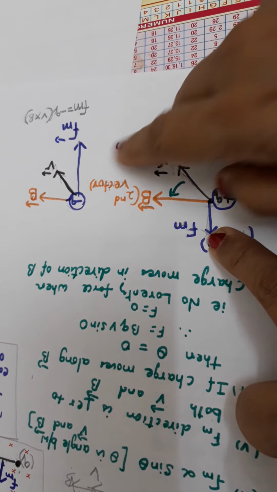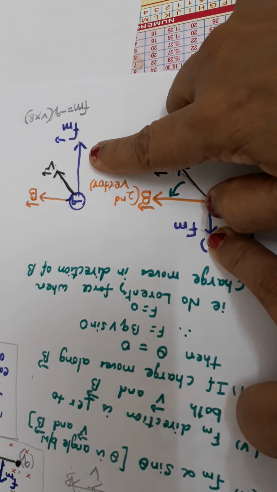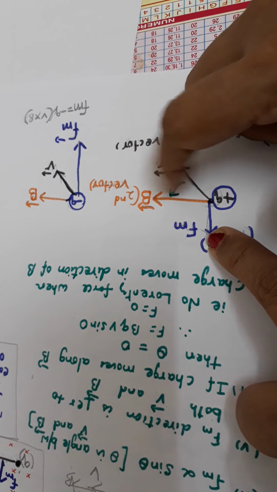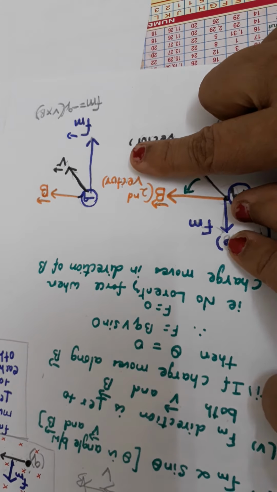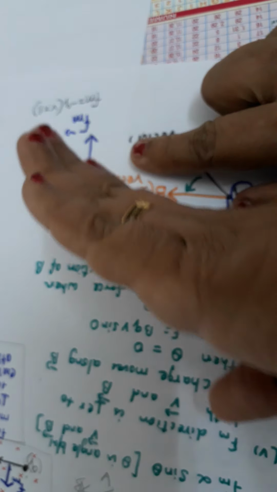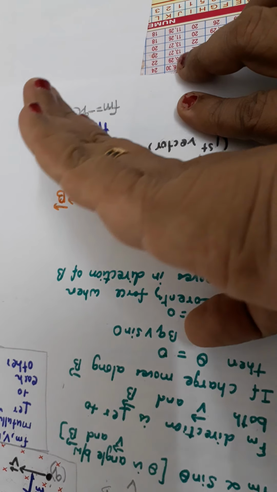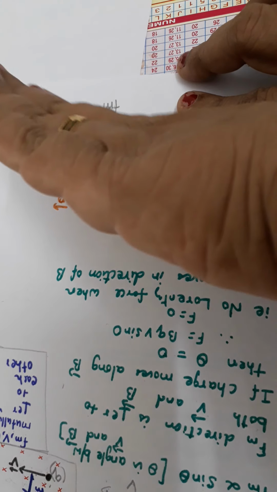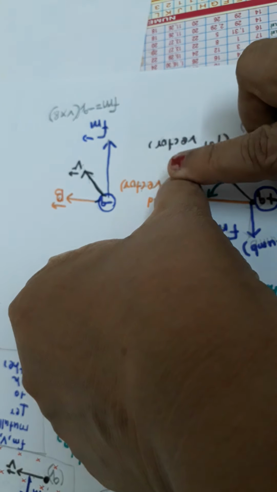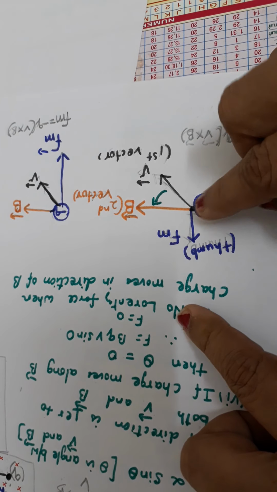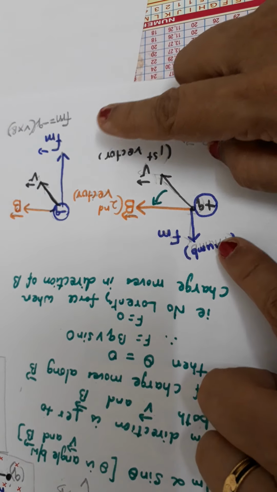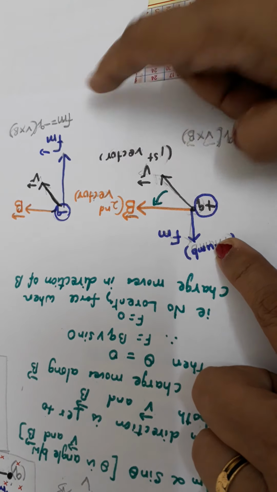Otherwise, you can say that instead of using the right hand rule, you can use the left hand also, children. Now the same way, what will you do? The forefinger should be along the first vector, that is the v vector, right? And you curl the fingers towards the second vector, the b vector. Now you can see the thumb is in the downward direction, which gives the Fm, right? That is for the positive charge, and for the negative charge, Fm will be in the opposite direction. This is how